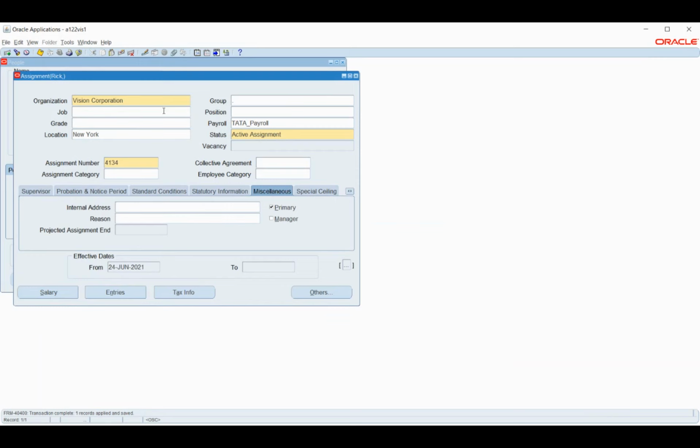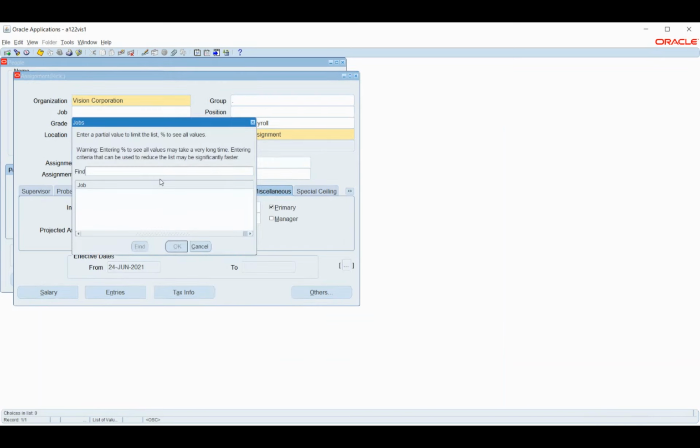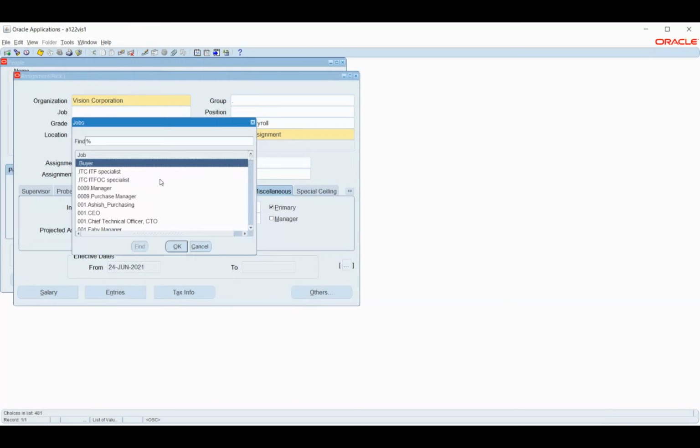The job and position, if I want, I can add. It should be available, I think. Since this is a test environment, I'm not sure which one is working. So probably let me take one admin, or let me take the accountant.